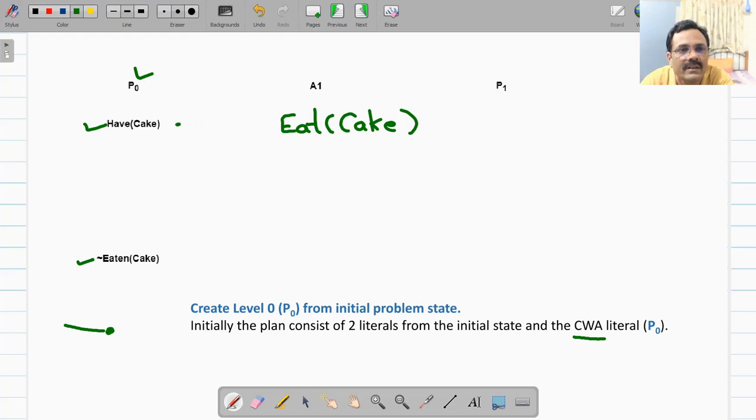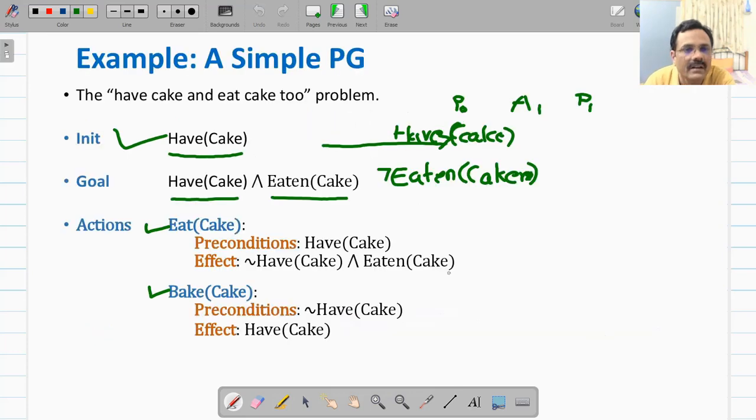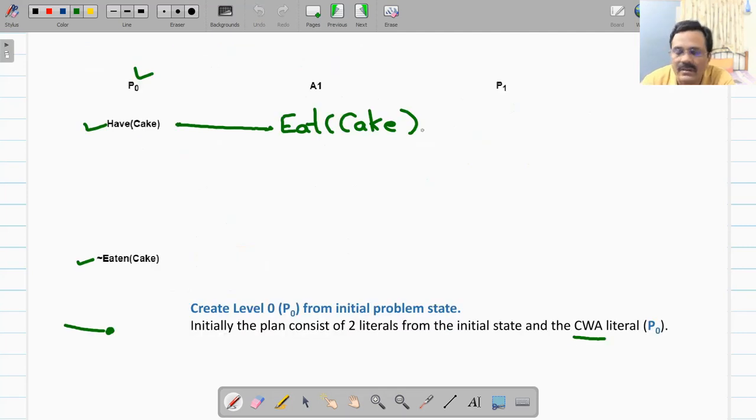So here you can introduce a positive link. Precondition for eat cake is have cake, and its effect is not have cake and eaten cake. So you will have to introduce positive edges from A1 to P1.